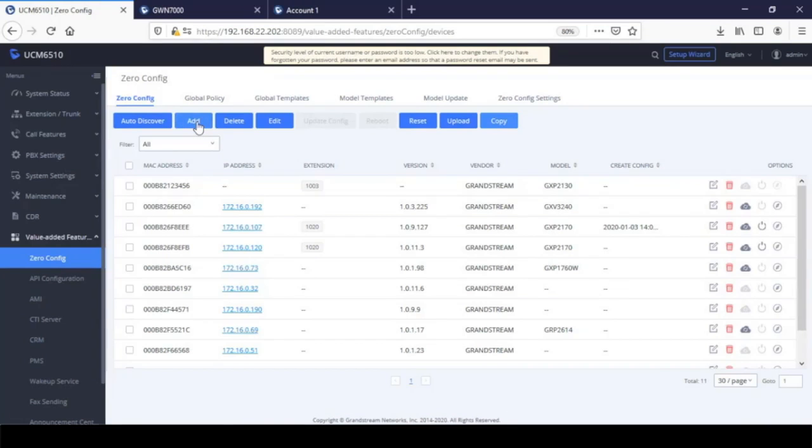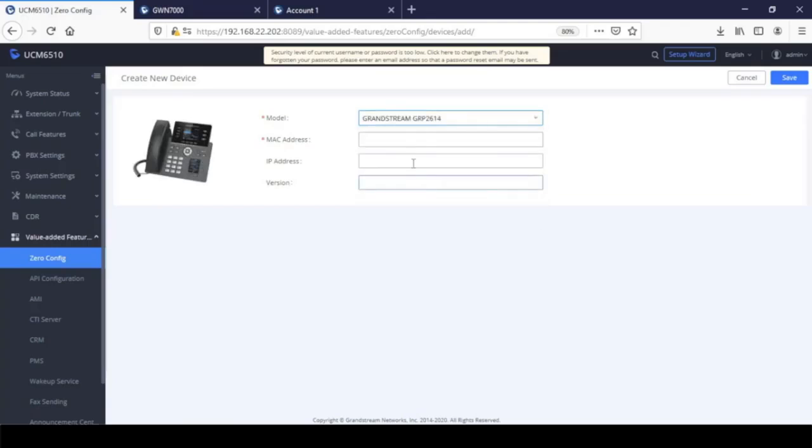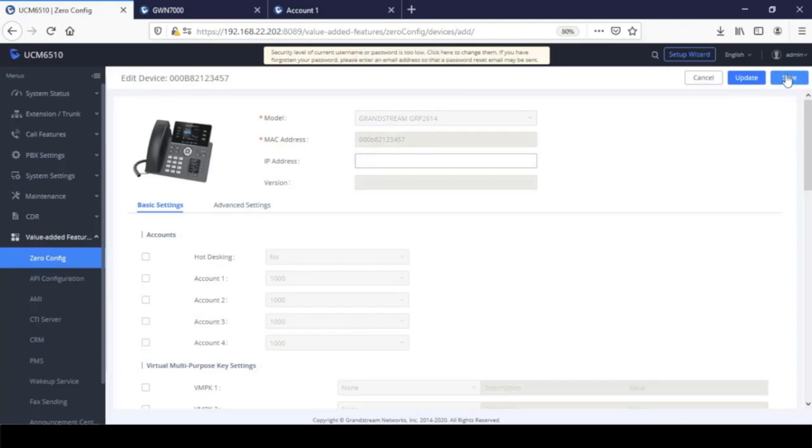Another option that you can use from Zero Config is the add option. Sometimes you don't have the devices deployed yet, but you want to create configuration presets for these devices. The way you do it is you click on add and then you choose the model and you enter the MAC address. So I'm going to use a fictive one. Okay, so let's give it 7. You don't need to include the IP address, just add the model and the MAC address, and this will allow you to start configuring